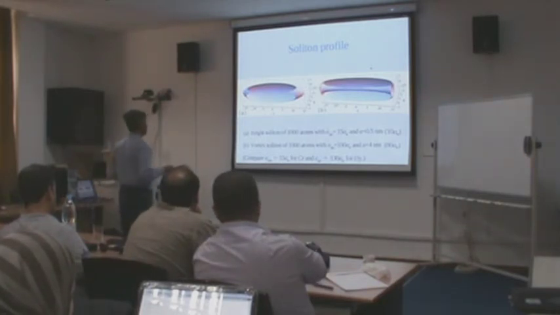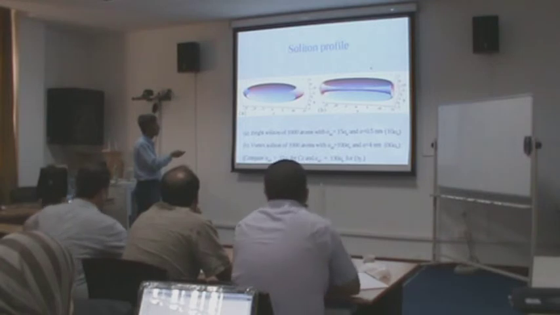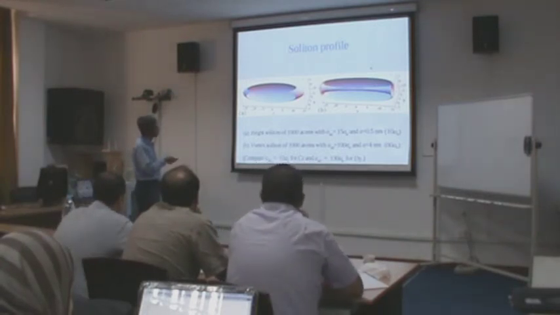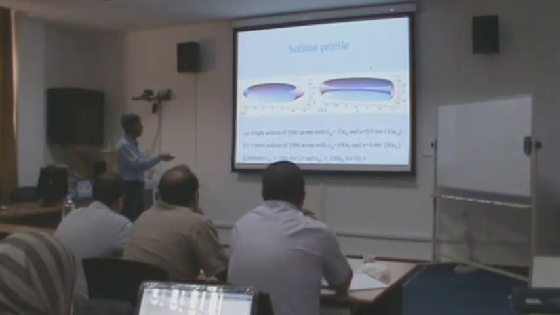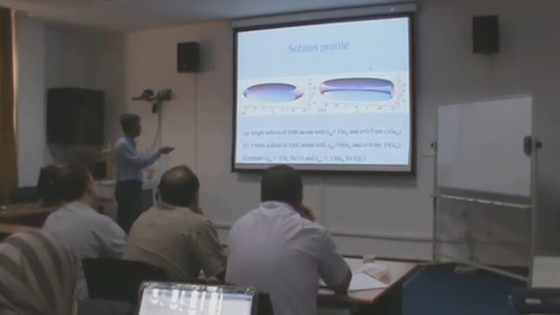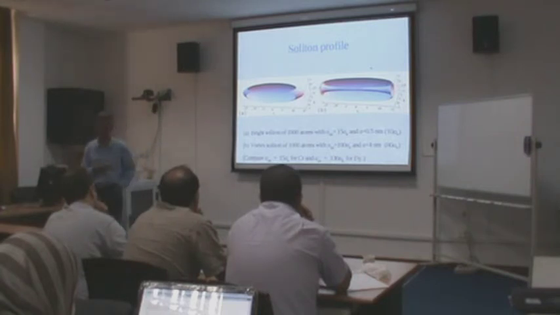And we have set the contact repulsion so that it cannot easily collapse in the center. So this is a bright soliton of 1000 atoms, chromium atoms, with the dipolar strength of chromium, add, at 15 a0, and this scattering length is kept at 0.5 nanometer, which is 10 a0. And this is a vortex soliton of 1000 atoms. This is a bright soliton of 1000 atoms. Vortex means it is rotating, so there is a hole in the middle.